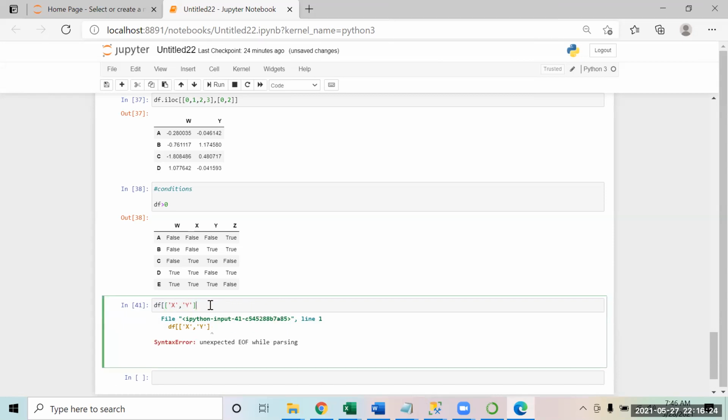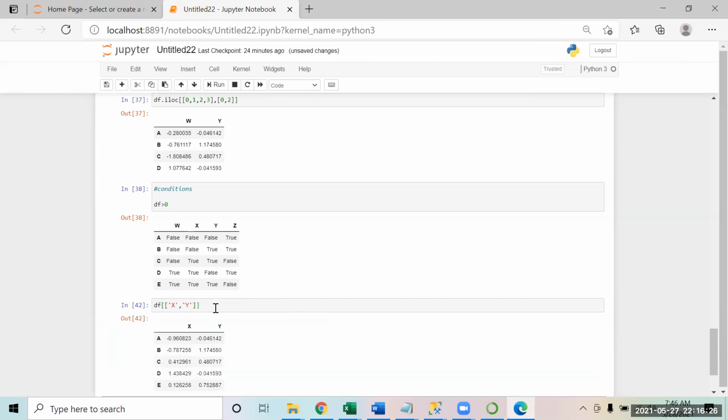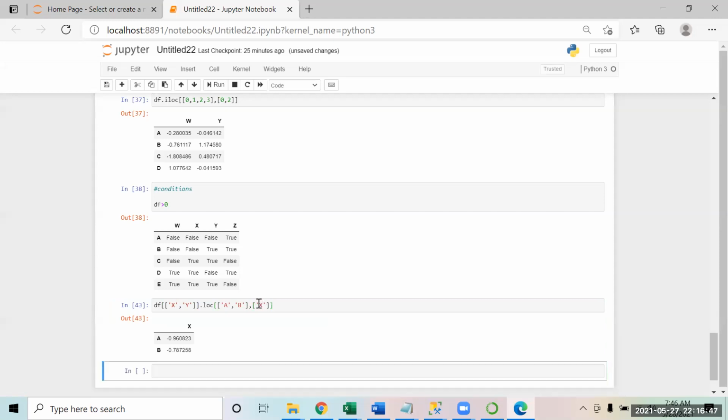Oh, this bracket is missed. Okay, it's these two columns. Now from this data frame, I am saying that I want to pick the row number A and B. The same thing. And in fact from this also, if you put that you want these row number A and B, comma, and you only want to fetch the column number X. So you can do further that also on this.